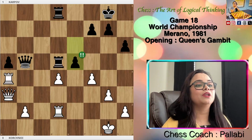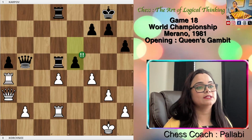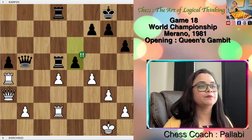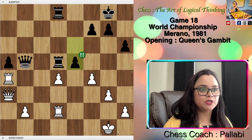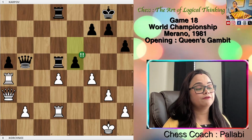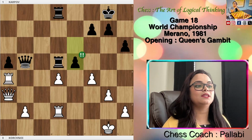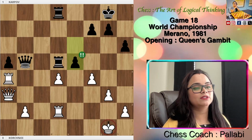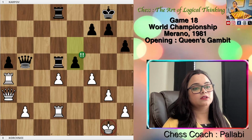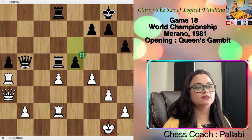White's queen and rook on a4 are both quite distant on the queen side, and white's king has limited pawn protection. The question is, where should black focus the attack? Should it be on the queen side or d4, which has 3 defenders? No, the best target against white is where they have the fewest defenders, which is the king side. As is often the case, a pawn advance becomes a key move in creating open lines and delivering the decisive